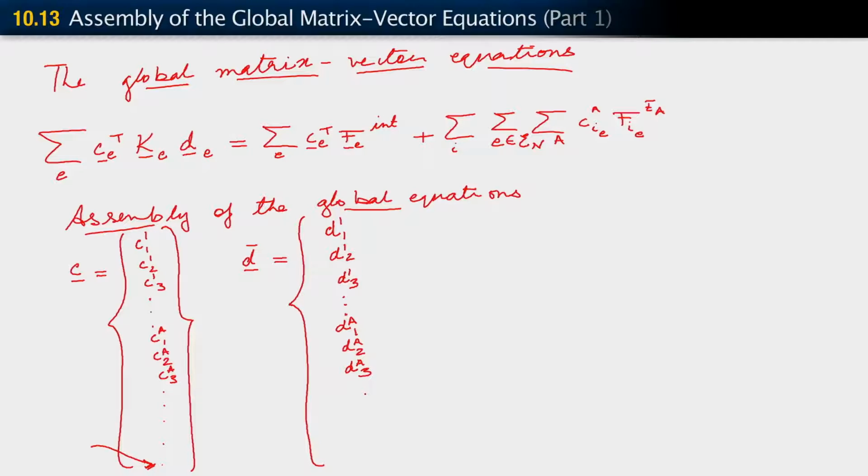The dA1, dA2, dA3 simply represent the displacement degrees of freedom in the respective directions 1, 2, 3, along the respective coordinate directions 1, 2, 3 for node A, right? And then this carries through all the way down to the number of nodes in the problem, 1, 2,